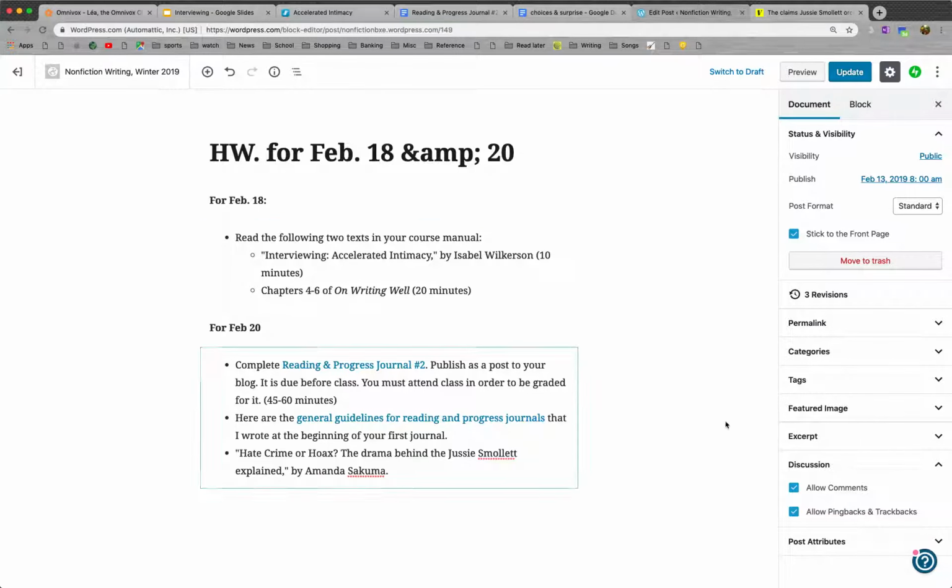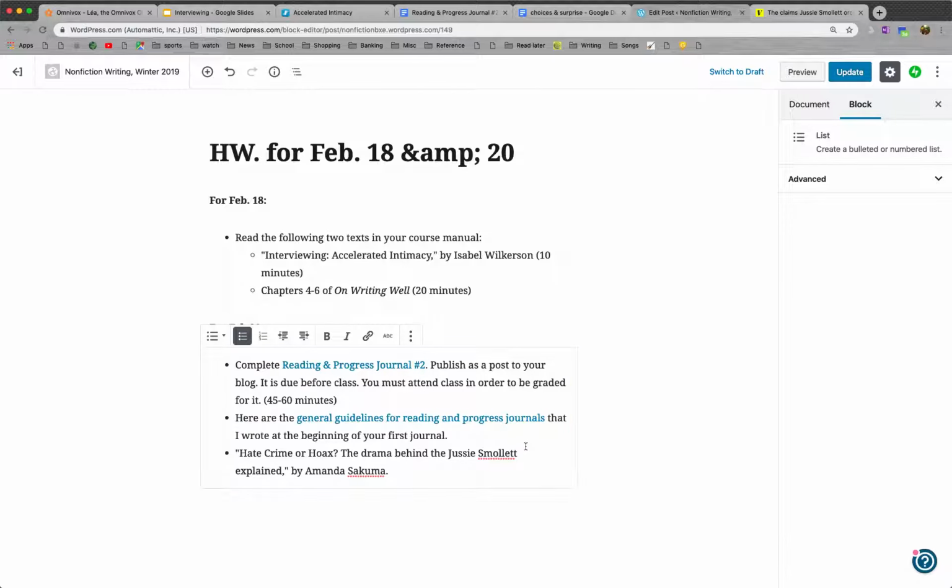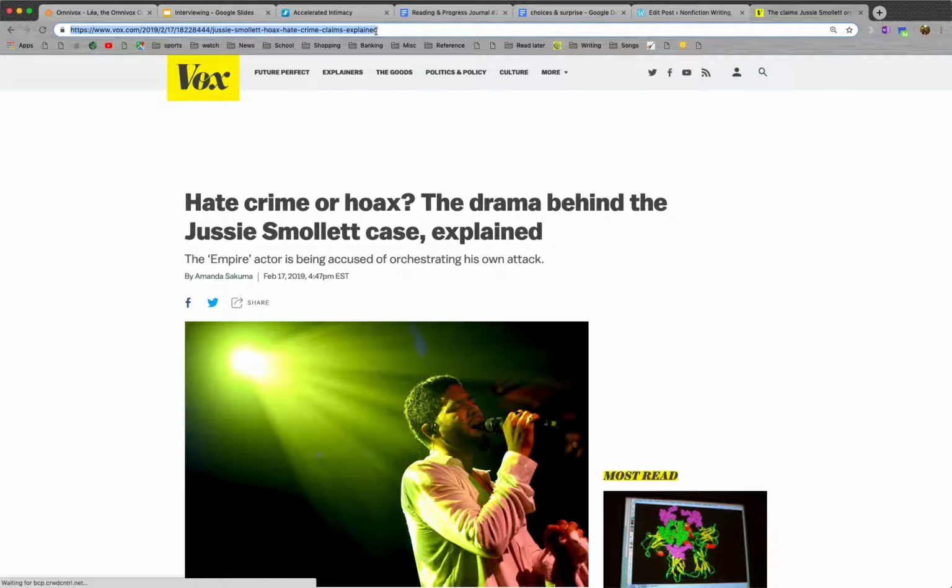So if this is what your interface looks like, very simple. Just write the title and the author of the article that you are citing. I've already written here, "Hate Crime or Hoax? The Drama Behind the Jussie Smollett Case Explained," excuse me. And go to the article, copy the URL,